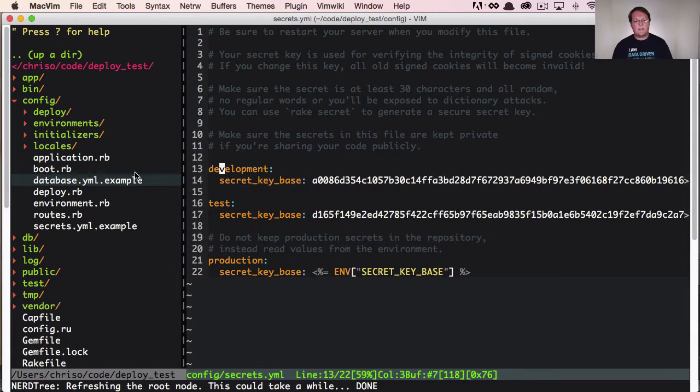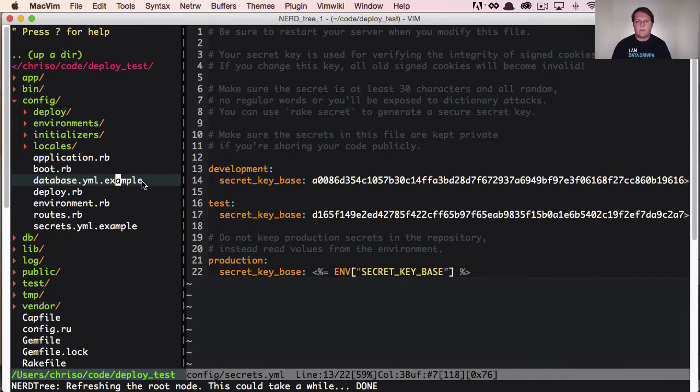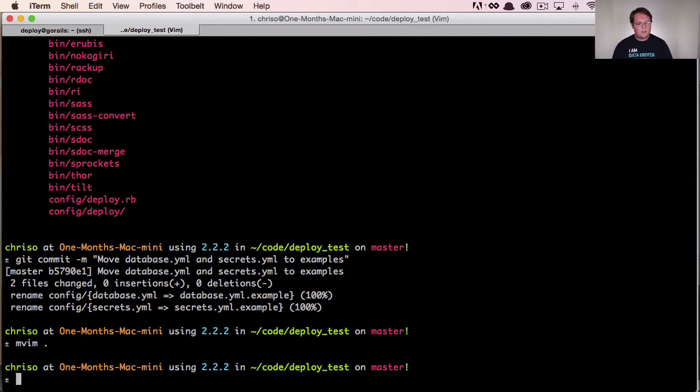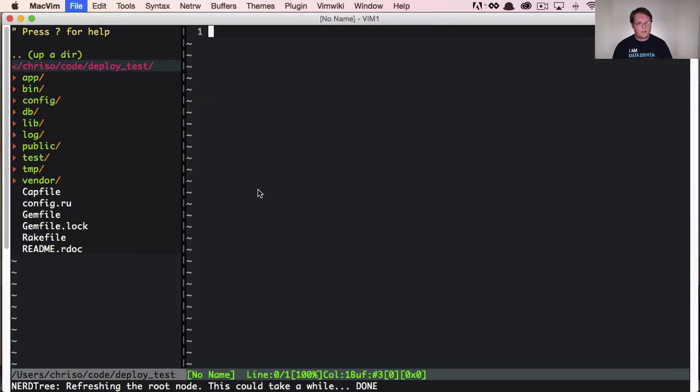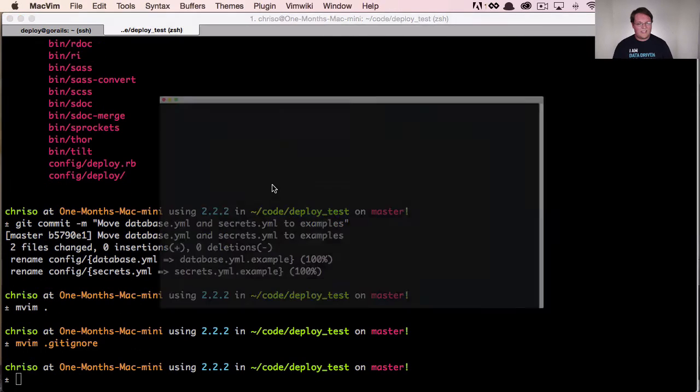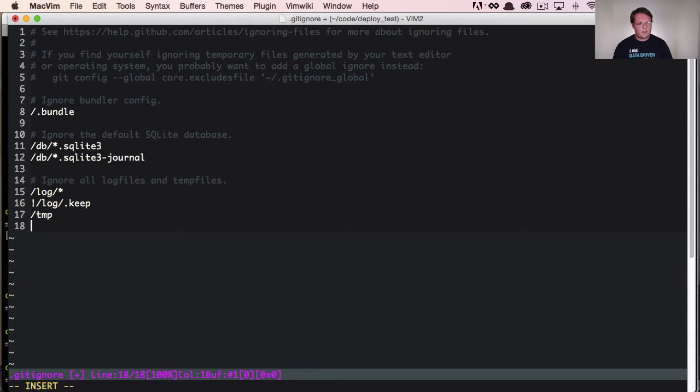So this basically means too that everybody using your application in development will have to make a copy of this, and you can put this in your git ignore file as well. So you'll have to specify this name in the git ignore file manually if you're on a Mac. So you would say config/database.yaml will ignore,